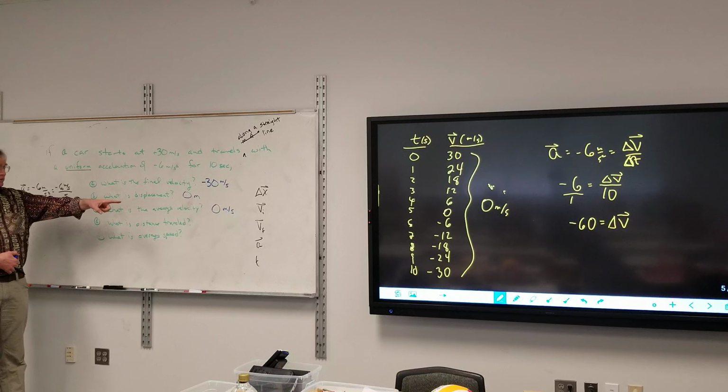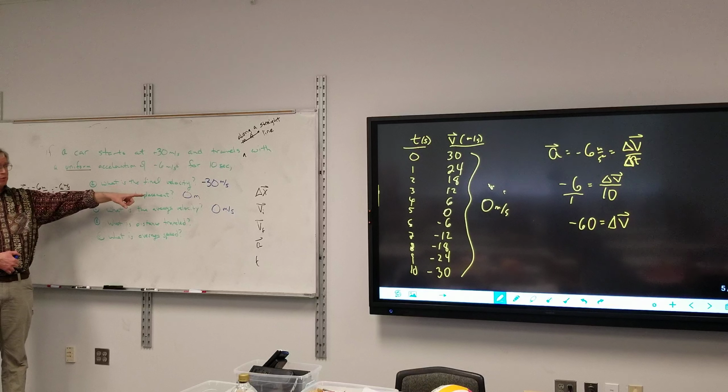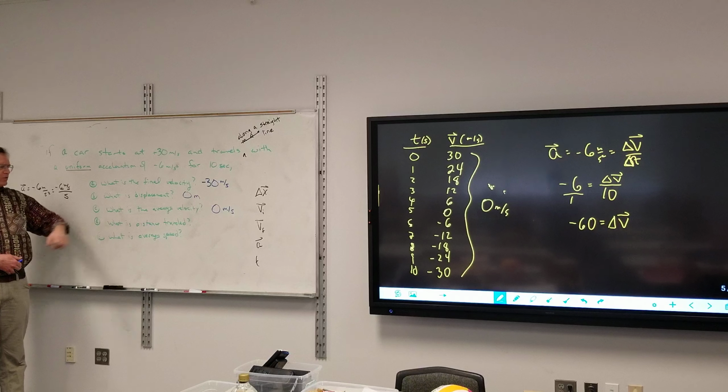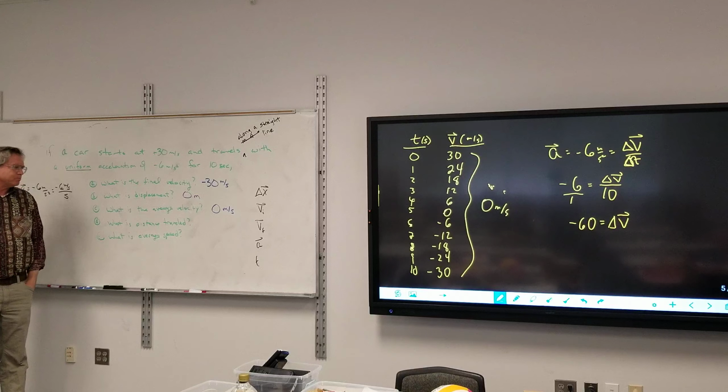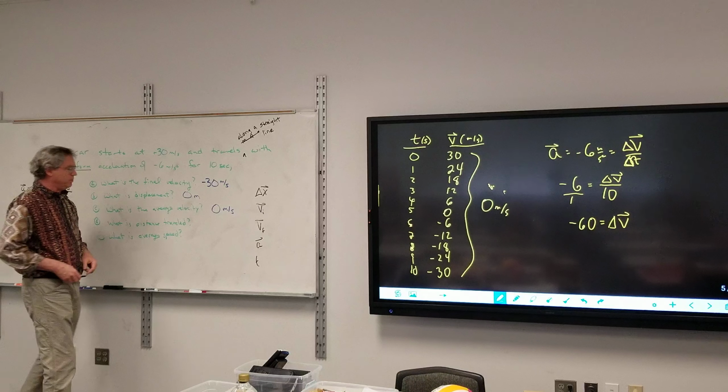And my average velocity is 0 because I'm back at my starting point. For those who haven't gotten that part on the lab, there's a clue there. So the distance traveled, well, I went somewhere in the positive direction. I slowed down as I went, but